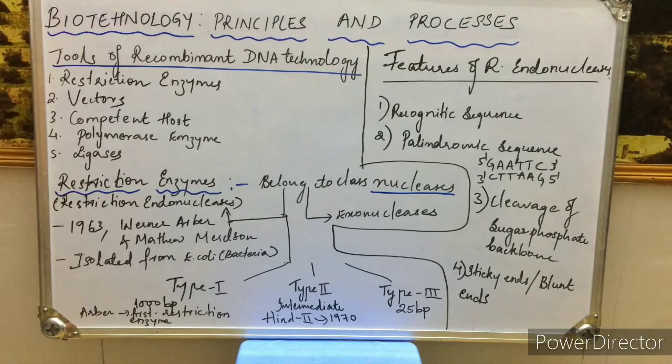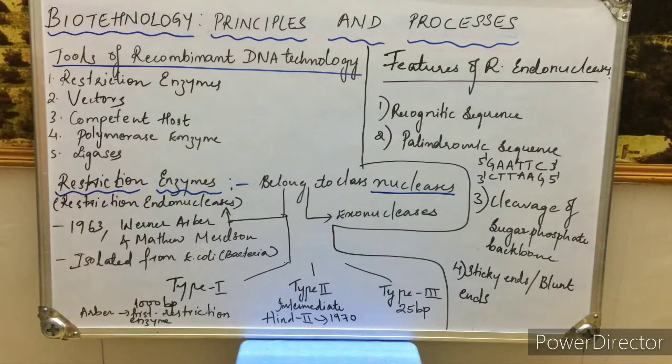Now there is a big length of the DNA sequence, made up of a polynucleotide chain with many nitrogenous bases, but where the enzyme is going to act depends upon what sequence it identifies, right? That particular sequence is known as the recognition sequence. So the type 1 enzymes act 1000 base pairs away from the recognition sequence, and these type 1 enzymes use ATP as energy.